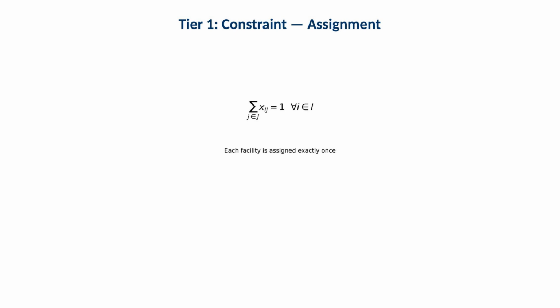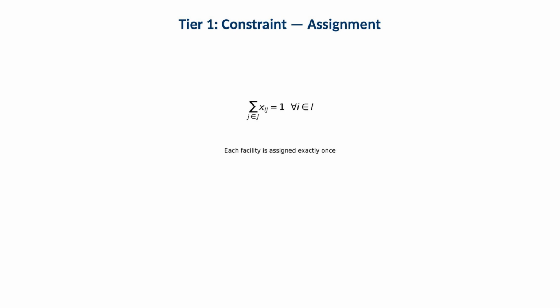This constraint ensures every facility is placed exactly once. Operationally, it enforces a complete layout decision with no missing facilities and no duplicate placements for the same facility. It also sets the foundation for the rest of the model because flows and capacity terms depend on knowing where